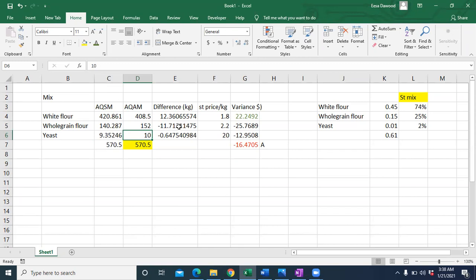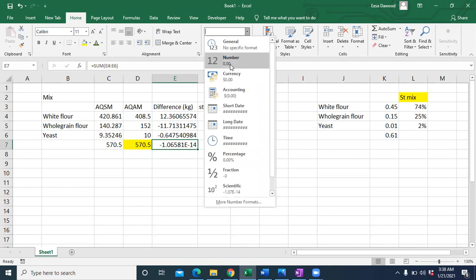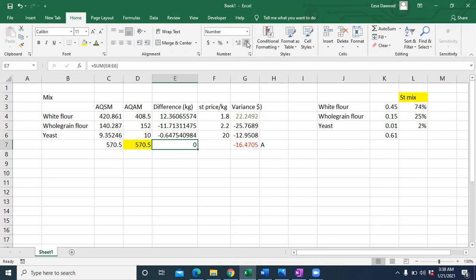So I used 11.7 kgs of this more and 0.64 kgs of it more. I used 12.3 kgs of white flour less. If you can see, I'm using less of this, so in order to compensate, I'll use more of the other. And this is minus 12.3, equal to these both. The net of these both is equal to minus 12.3. Overall, if I take a sum of this, there shouldn't be any difference. If this figure is 0, it has to be 0 all the time, because in mix there's no difference in the quantity.